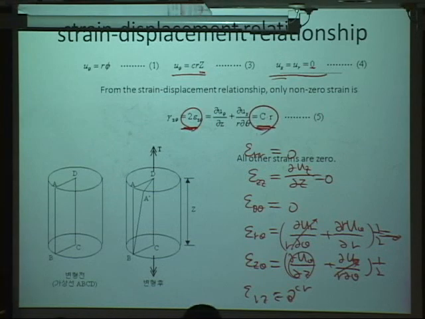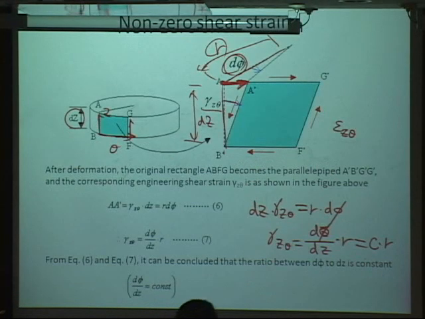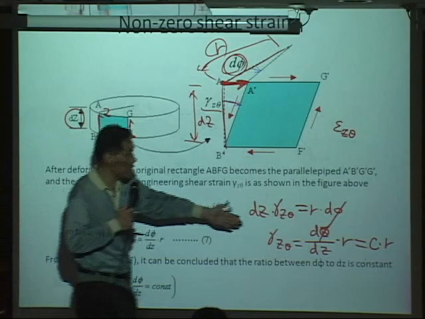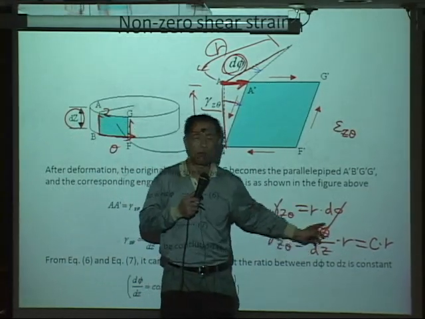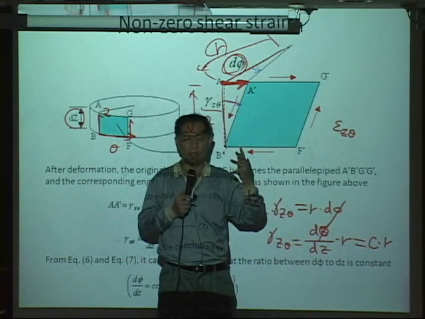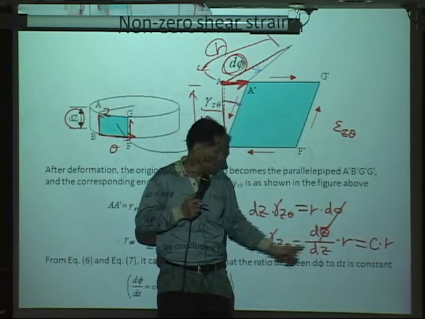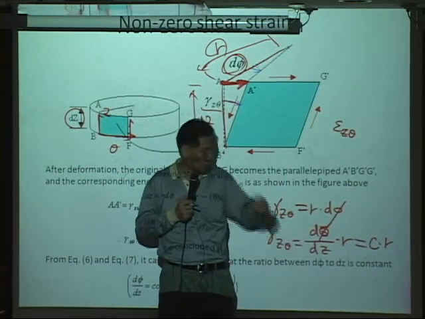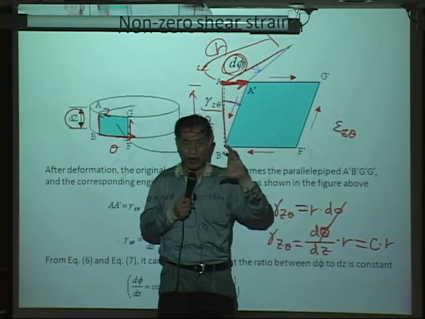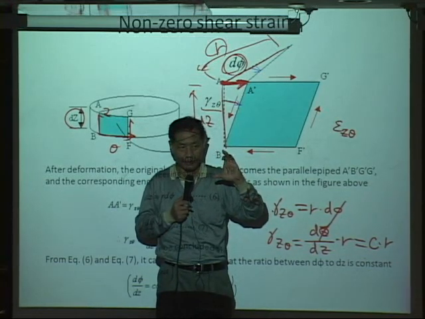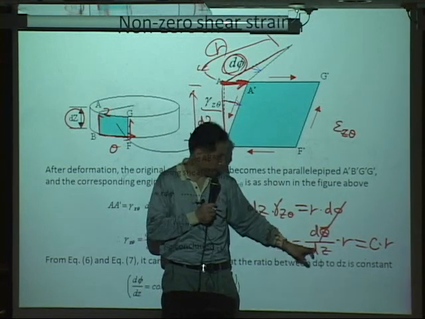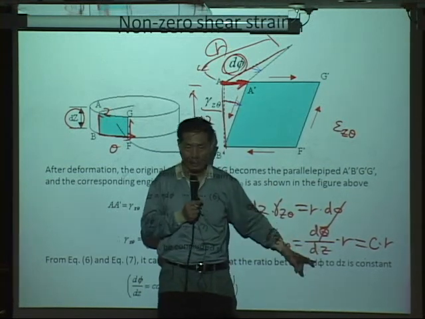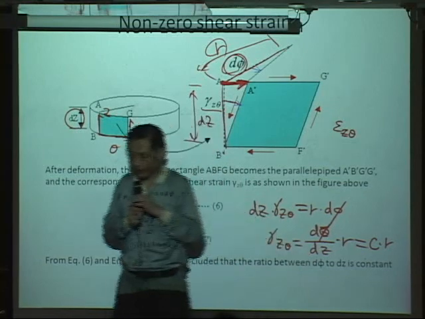Right? C times r. Now, what is the C? d phi dz. What does it mean? d phi dz. The angle of rotation with respect to unit length. Right? Angle of rotation for the unit length is simply,